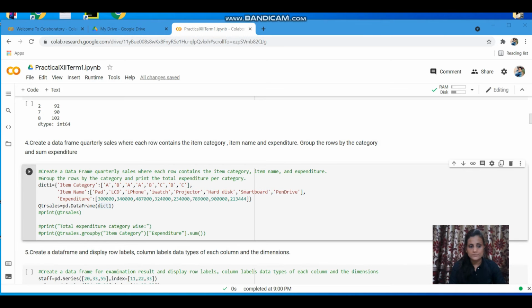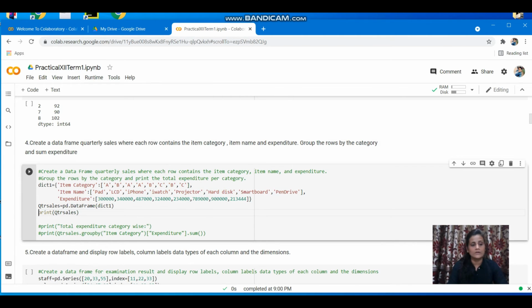See, in the previous program we used series. Here we are using DataFrame, capital D, capital F, be very careful. So DataFrame providing dict1 is going to prepare a data frame stored in the quarterly sales variable. Let's first examine what we created, how our data frame looks.